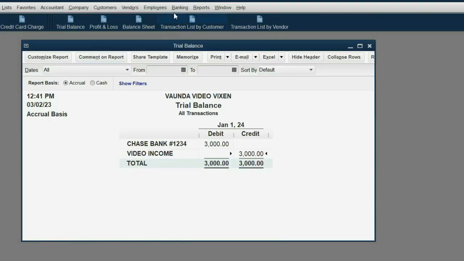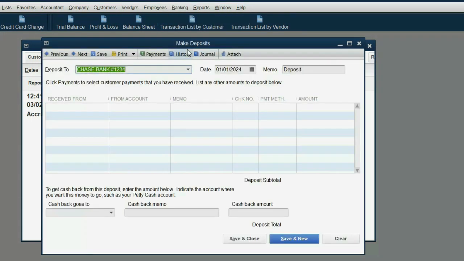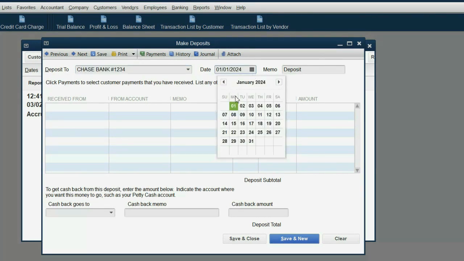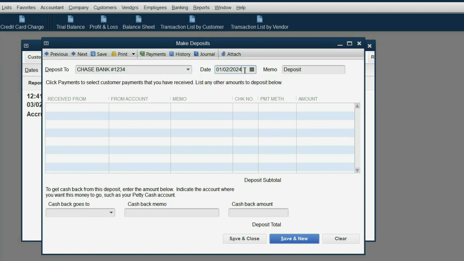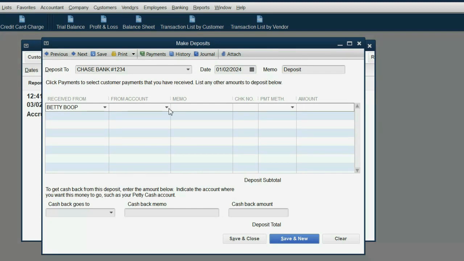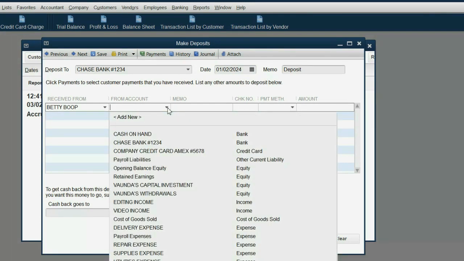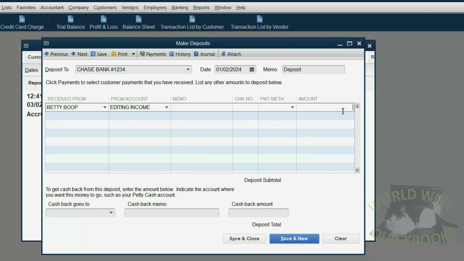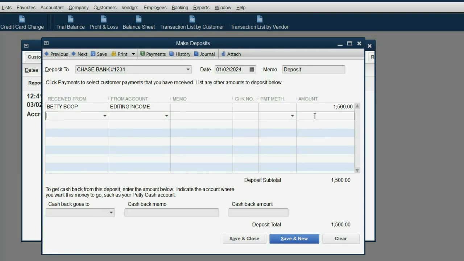From the main menu, we click Banking, Make Deposit. We make sure it's the correct bank account. We click on the calendar box to put the correct date and edit the numbers as needed. We click directly under the Received From field to get the pull down. Click the pull down and choose Betty. The reason we're getting this money from Betty is editing income, and the amount $1,500. Now make sure that each of the fields of data have everything that I have,